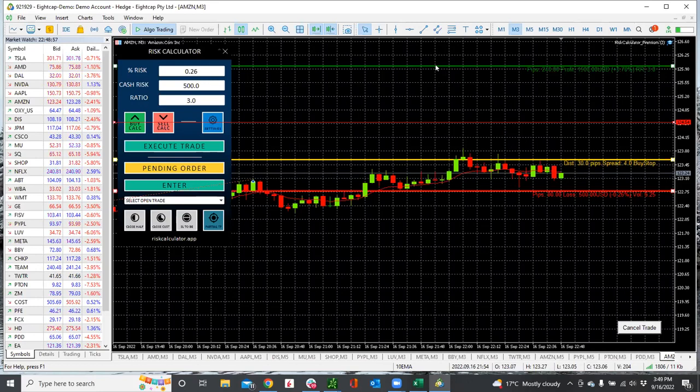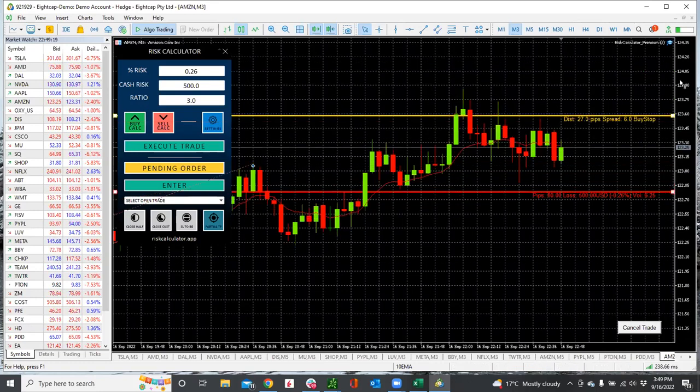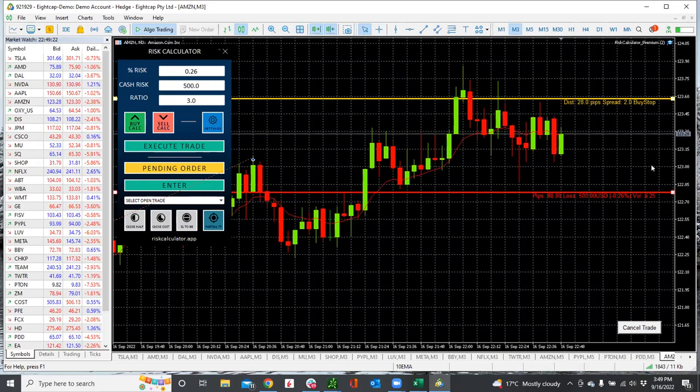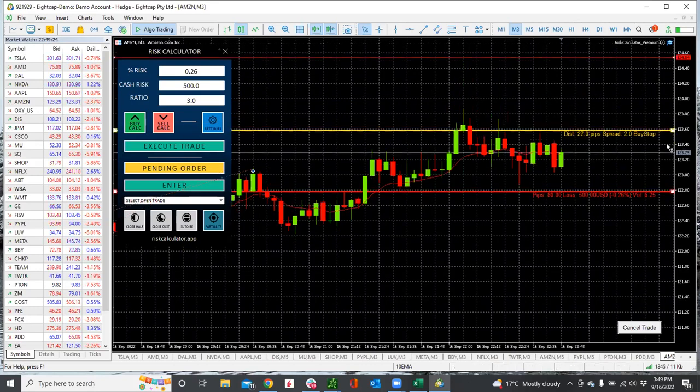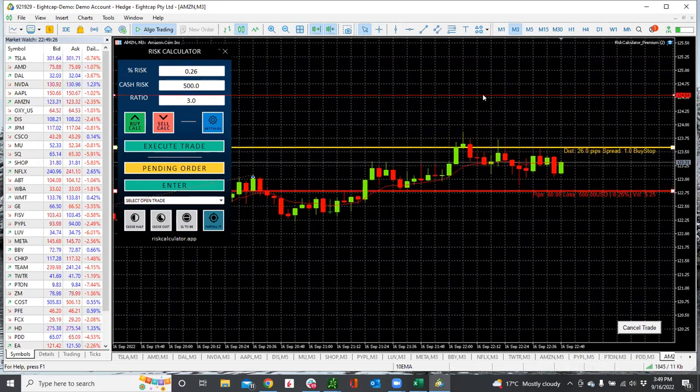So this way, I call them holding on to some runners. If you hold on to some runners, you let it go for as far as it can go. And once you hit that 1.2 target, you can tighten up your stop. Then what I like to do at that point is use a 2-bar trailing stop. So once I've hit that 1.2 target, and now I'm letting it run for as far as it can go,